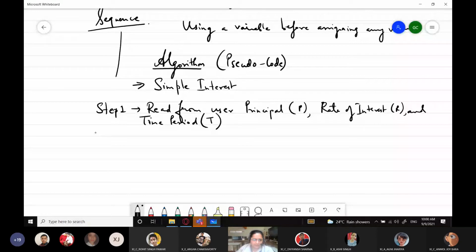Step two will be calculate simple interest is equals to P into R into T divided by 100. And my step three is going to be display simple interest. So this is done. This is known as an algorithm.